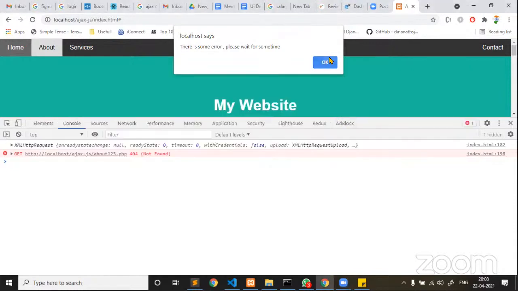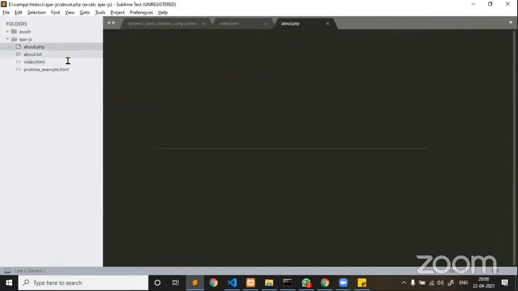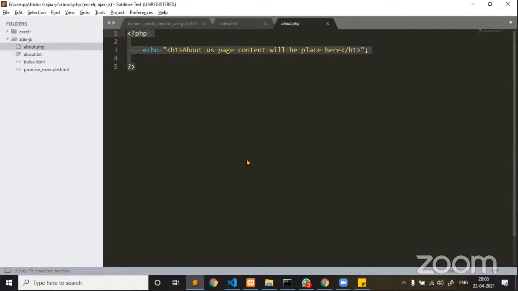Now that is fine. So since we are learning client side, we don't want to understand what is there in about.php. But since people are requesting, I'm just writing some. See, it is only one line of code that I have added in about.php.